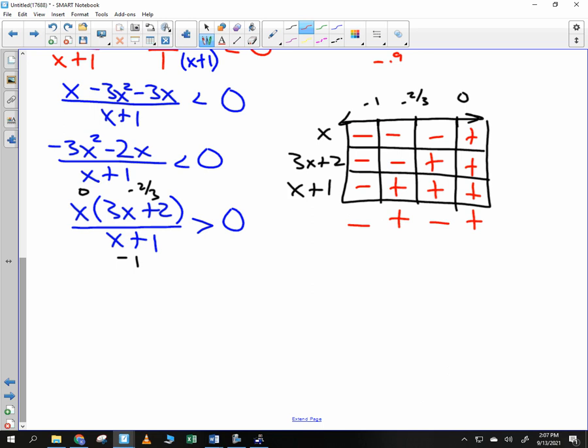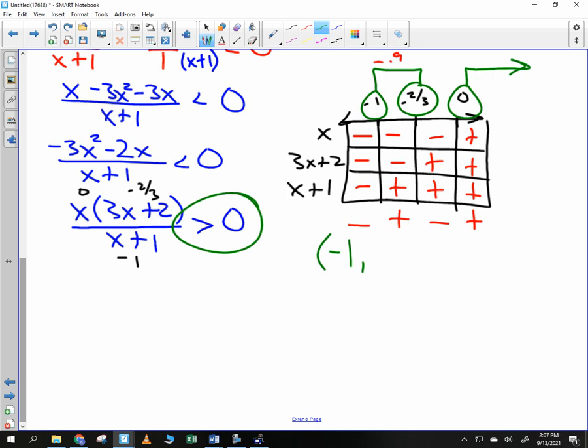Am I wondering where this is positive or am I wondering where it's negative? Yep, I look at my last result here, I'm looking where it's positive. And so it would be this section right here. Do I have to worry about brackets at all? No. Why? Because